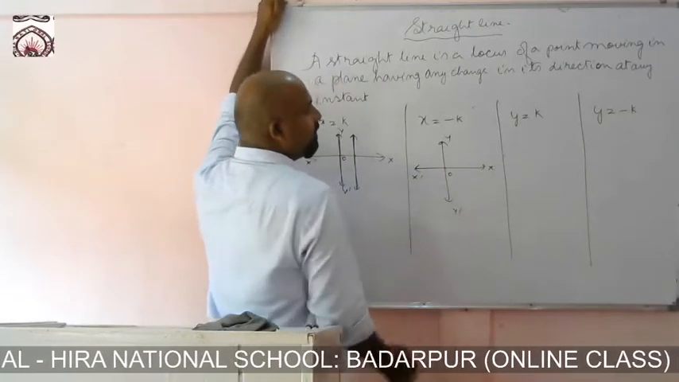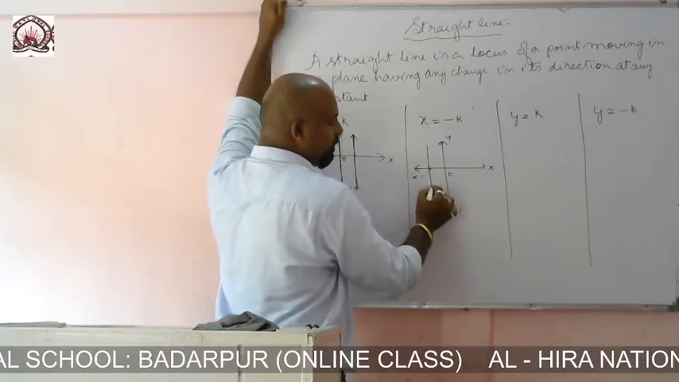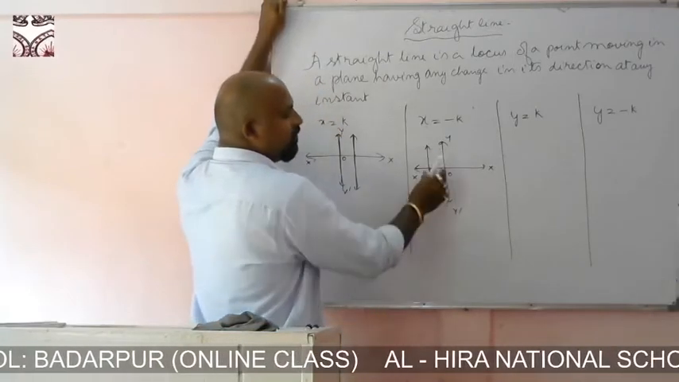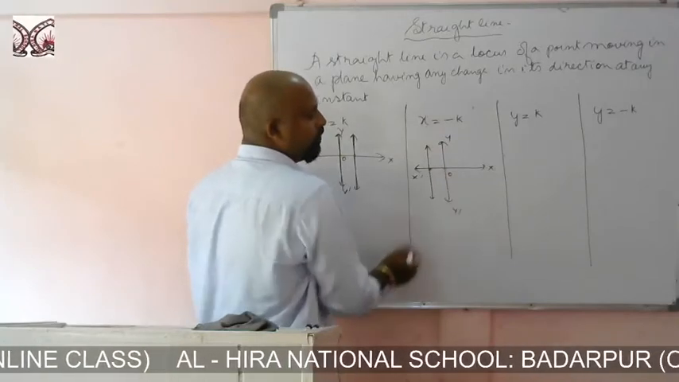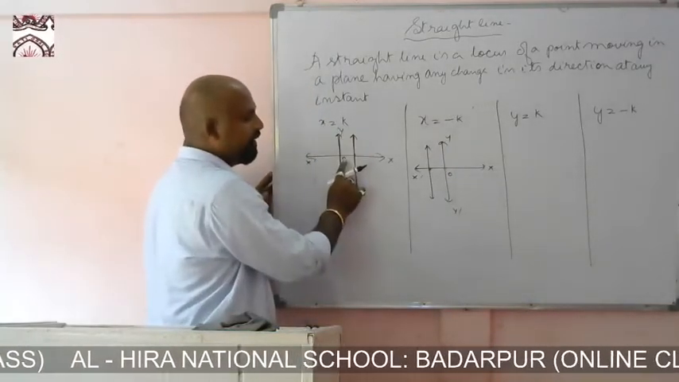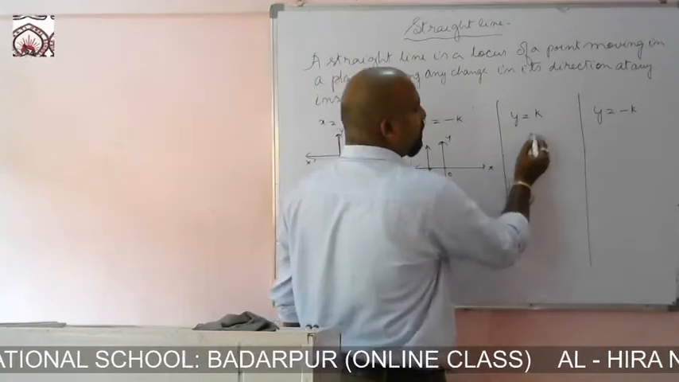Now x = -k will again be parallel to the y-axis. It will lie on the left hand side, the left side of the origin. If x = k, it will remain on the right side. Okay. Now when y = k,